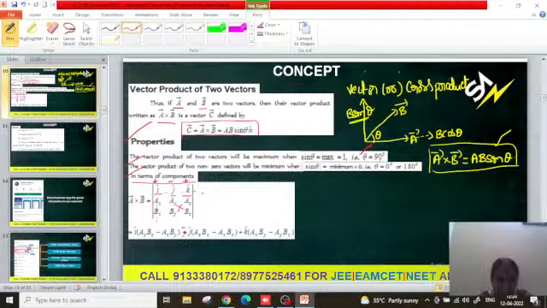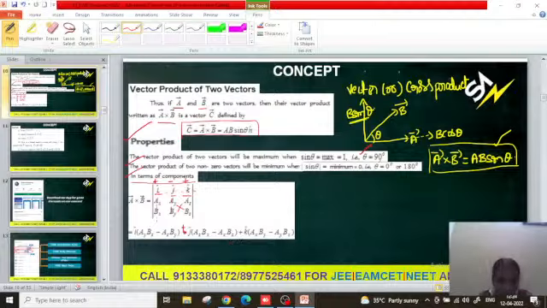So minus j into, now this time neglect this column and this row, and take Ax Bz minus Az Bx. Taking the common minus, it becomes plus j into Az Bx minus Ax Bz, plus